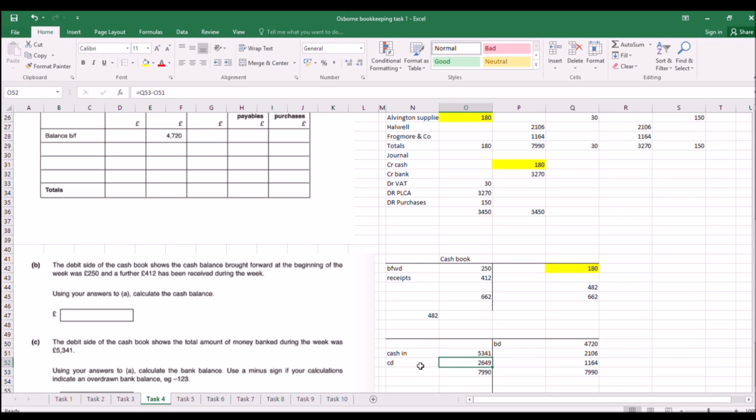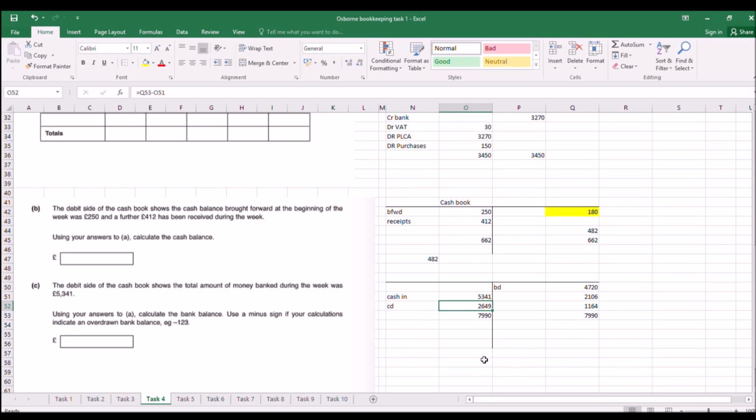So because that's on the debit side, it means it's a credit. So we got our credits here. Our total credits are, let's just go through here. So our total debits are plus 5341, and our total credits are minus 472, minus 2106,